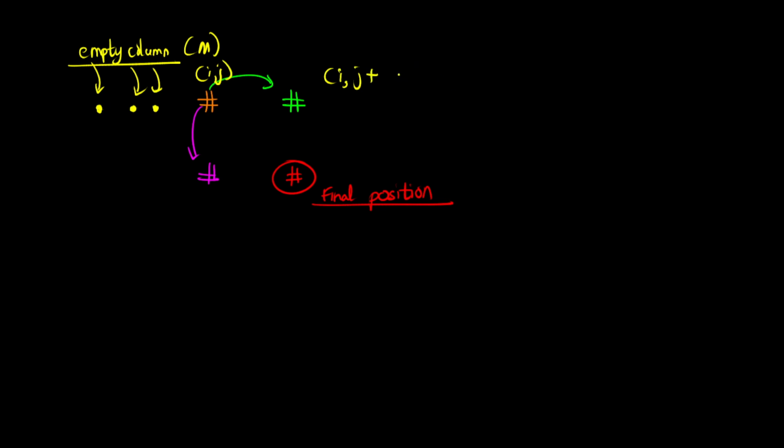Let's say there were 3, and each of them will add more m columns into this. So there was an empty column here, this was already present,